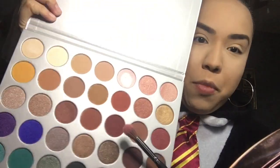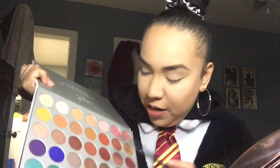If you know. Anyways, I'm gonna go ahead and take a fluffy brush, which looks like a broom, and I'm gonna take this color right here. It kind of looks a little bit more maroon. That one is called, what do you call it? Hilster, I think that's what you call it. I'm gonna pop this into my crease ever so slightly. And like I said, I'm feeling very inspirational. I feel like I want to turn Harry